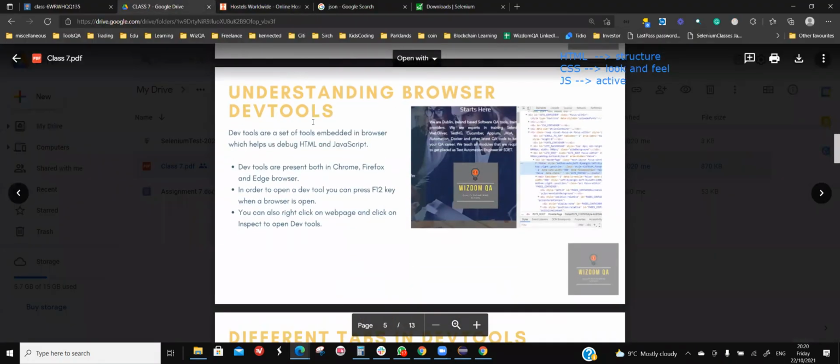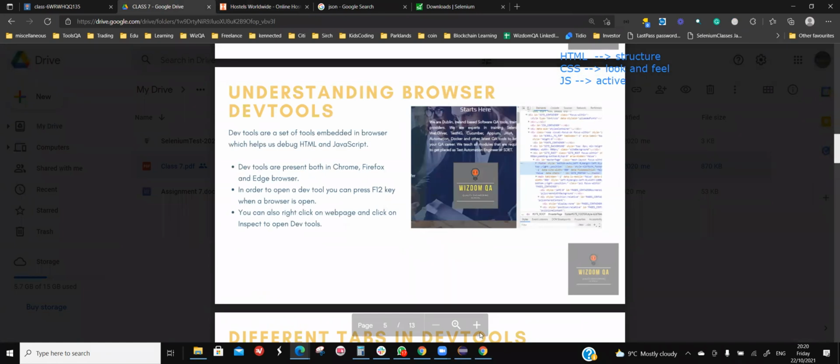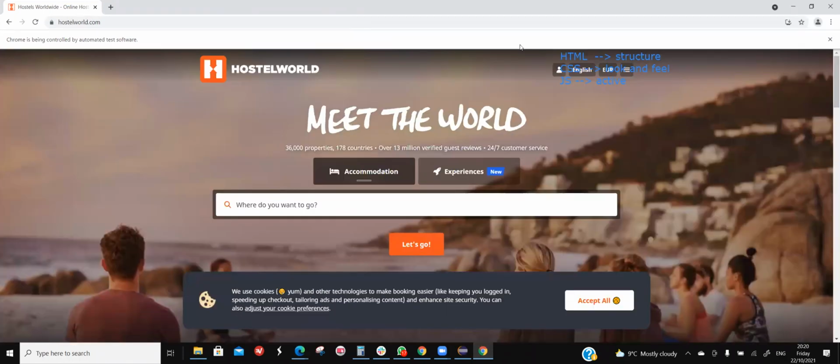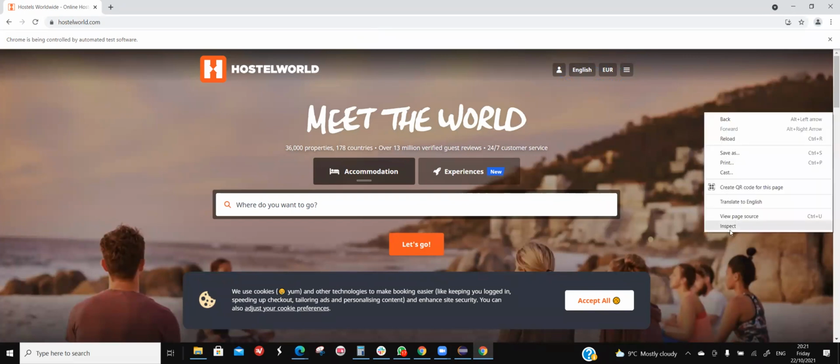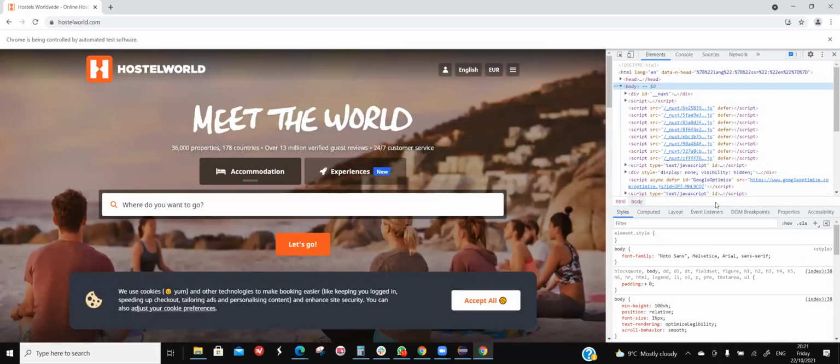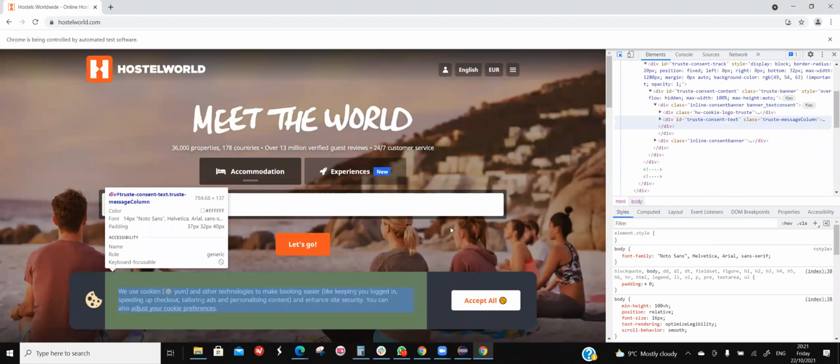Understanding the browser dev tools. Okay, there are multiple different dev tools that we will be using. The primary one that we will be using always is our Elements tab. To access the dev tool, you just right click on the website and say inspect. When you do that, a section comes up, and then here you see a pointer. When you click on the pointer, you are able to inspect and understand more about these components